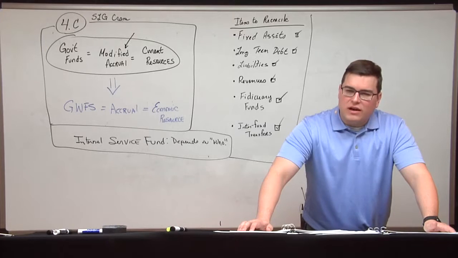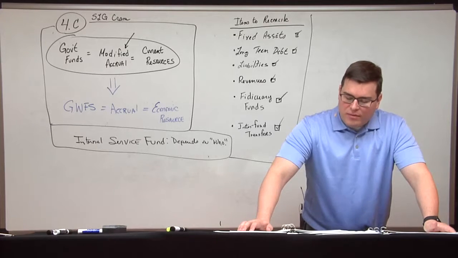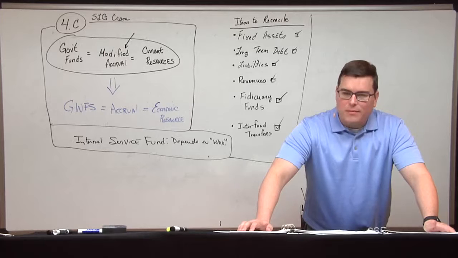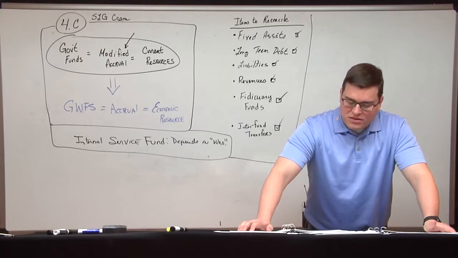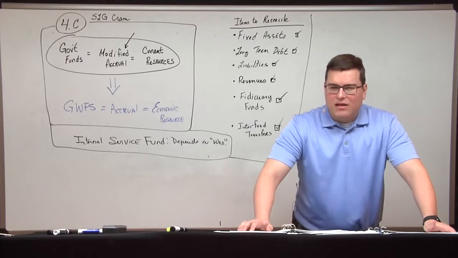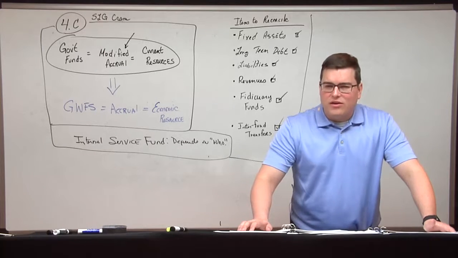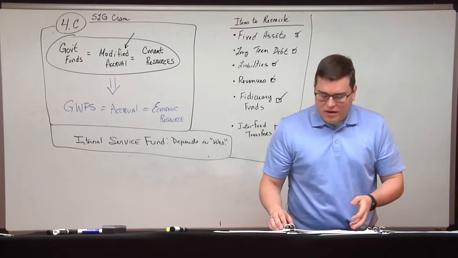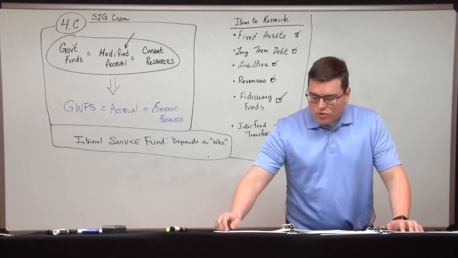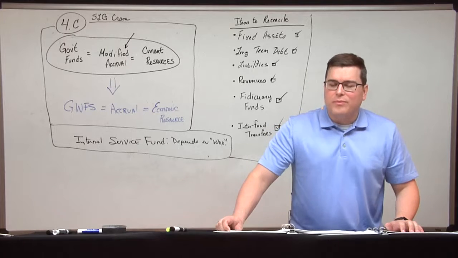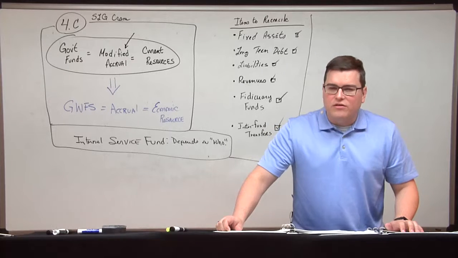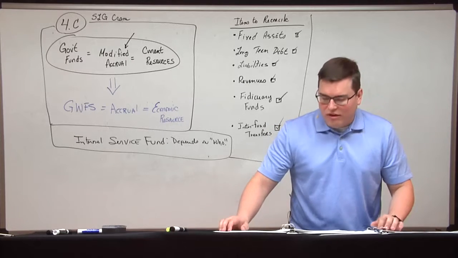GASB requires that a reconciliation of the governmental funds to the government-wide financial statements appears either on the same page as the governmental fund statement or the page immediately following. And so with that, you have to make sure that it's there for people to see. And if we go to page 4C-4, you're going to get a number of examples of how we go about preparing that reconciliation. I'm only going to touch on one because this is a CRAM session, but the idea is,